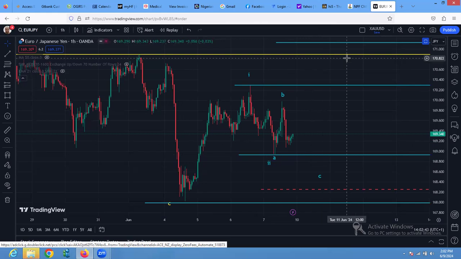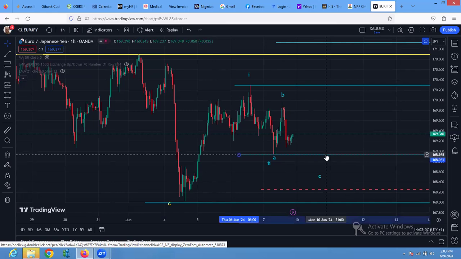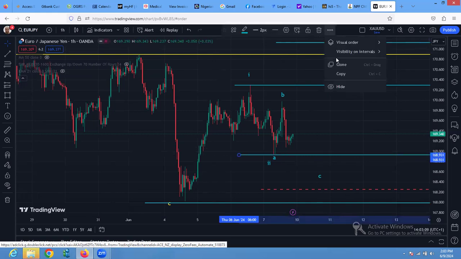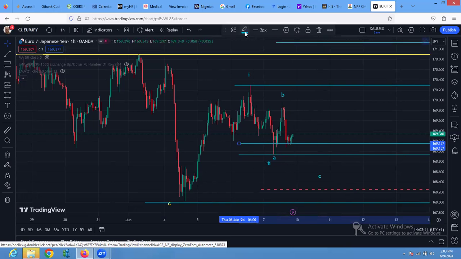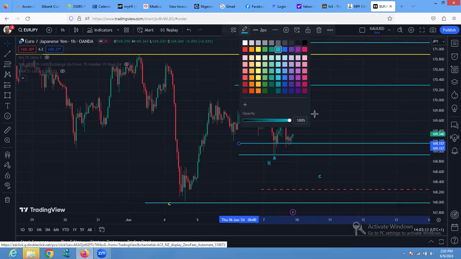So it can be anything, but the day we take up, if it does not take this low and it breaks up from here, then we are done with the correction. But from what I can see here, he wants to do like a zigzag in the middle. That's what I can see. So far, this correction does not take this area. We are good to go up. So let's see if what they are trying to do is they are trying to turn down from this level. We will see